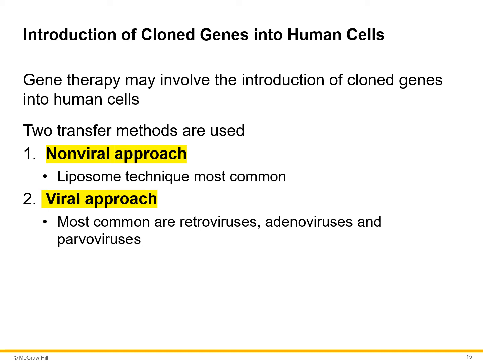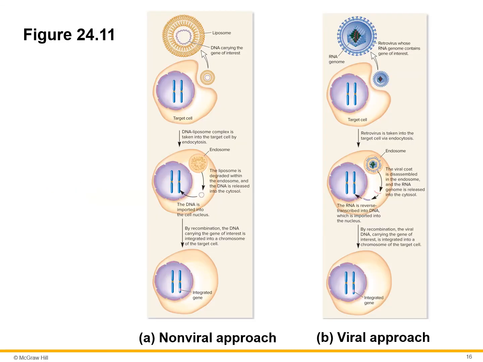so I'm not going to spend a lot of time on it. The problem is that after a person has been born, it doesn't have to be an adult, you now have millions of cells, and if you're trying to correct a defective cell, you need a way of getting the correct gene into the human cells to replace the defective one. And the two methods that are primarily used is either a viral vector, in which the gene